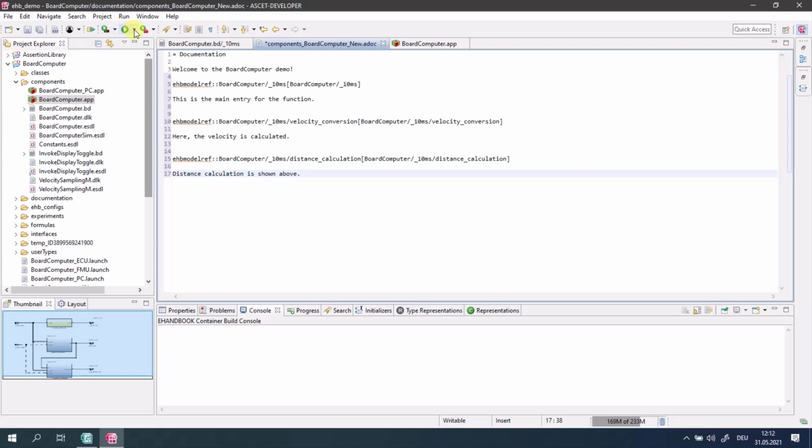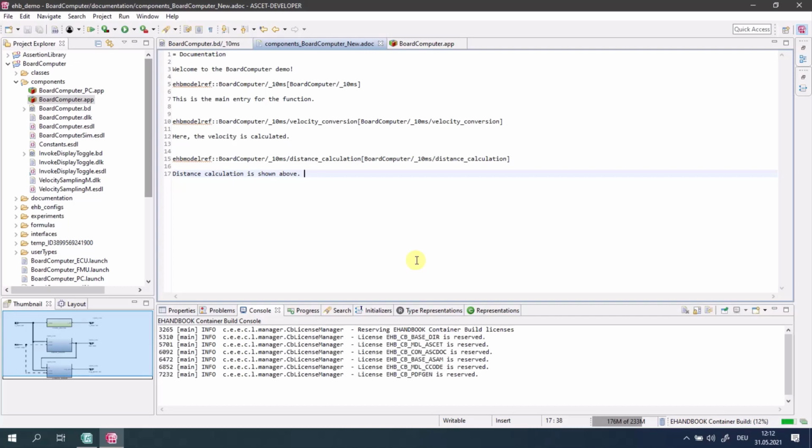When you now regenerate an eHandbook container, the corresponding model references will automatically be turned into model screenshots which are linked to the interactive model.